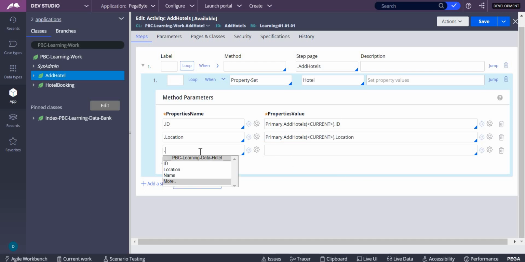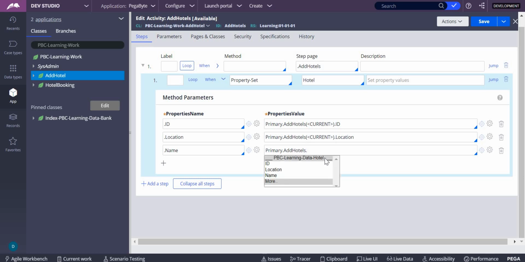Okay, so now next I'll go with name, same, primary add hotels. So why I am writing primary over here, hope you understood, right? My data, whatever the add hotels, is available in the current context only, in the activities context only. So that's why I'm writing primary over here. So before that we need to write the symbolic index, that is current. You have symbolic indexes such as current, append, last, prepend, but now we want the current one.